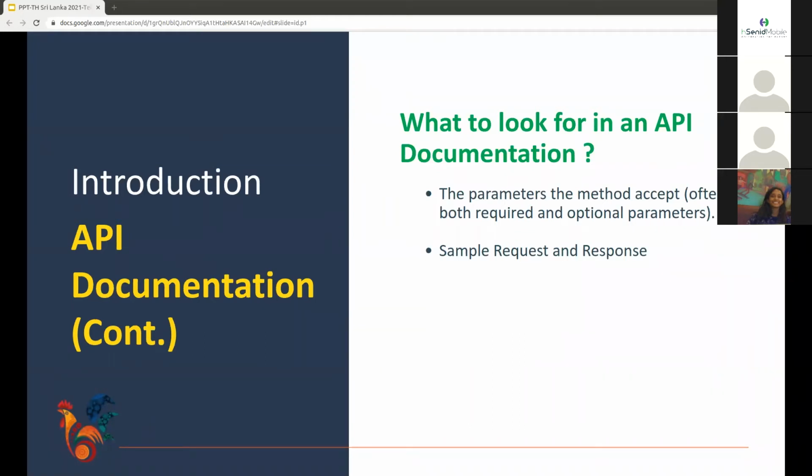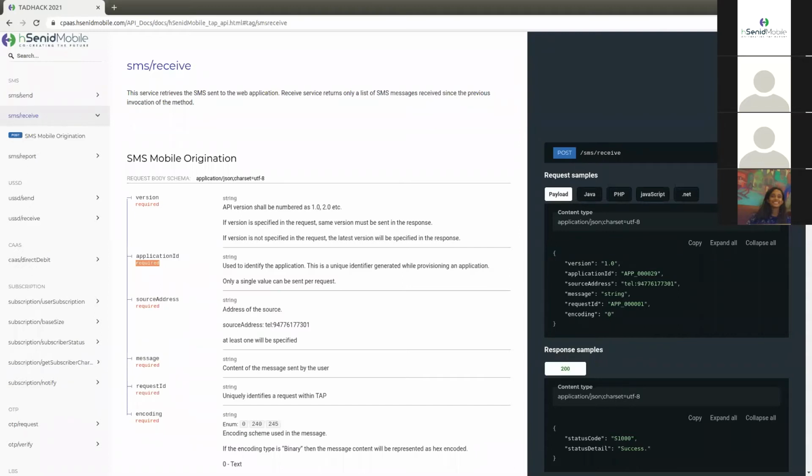Now let's try to read this information from the Zenit Mobile Telco API documentation. As you can see on the left side, we have the list of methods the API supports. Under each category, SMS has SMS send, receive, and report, USSD has send and receive, and cash has direct debit, like that.